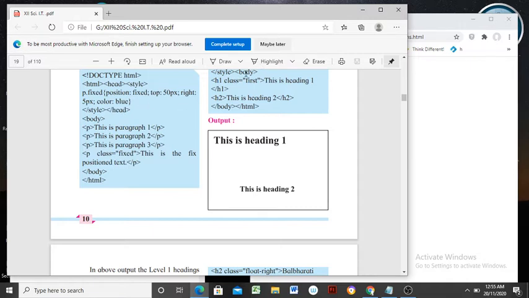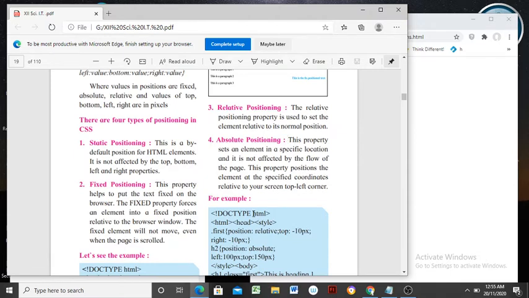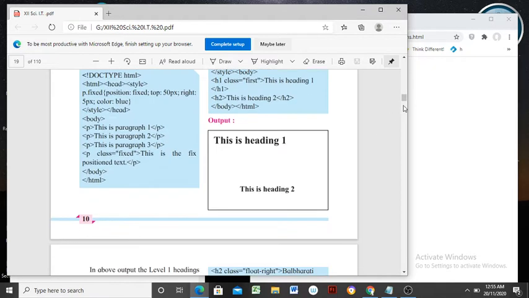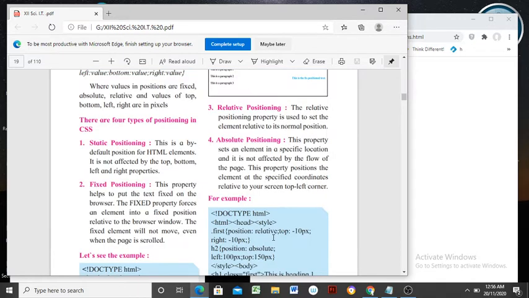In the same way, here is the example of relative positioning. See here in this HTML file or document, within the head section we have given a style container that describes as well as designs a specified positioning. Within style is container dot first. The effect is designed within curly braces, position relative, it must be there.